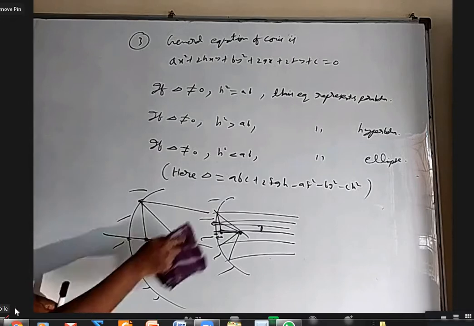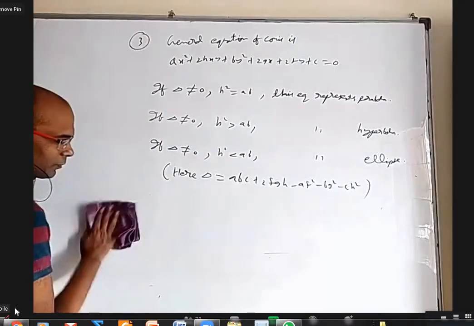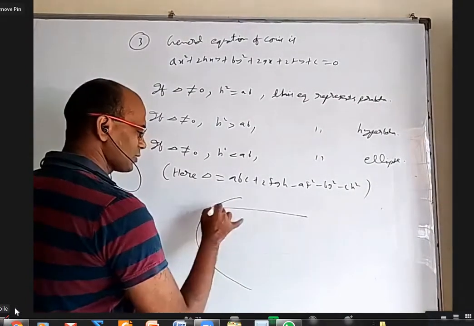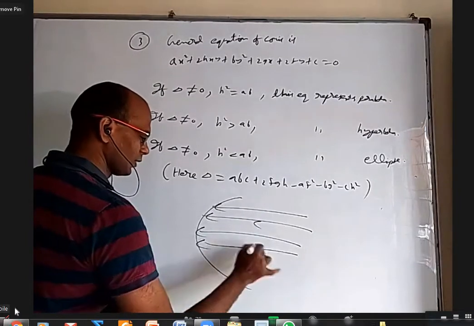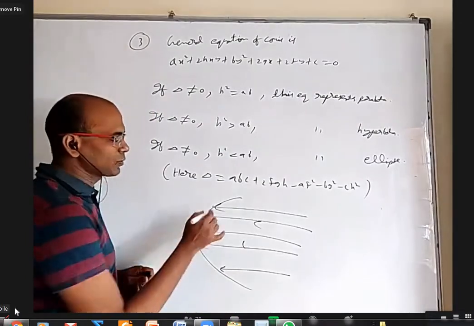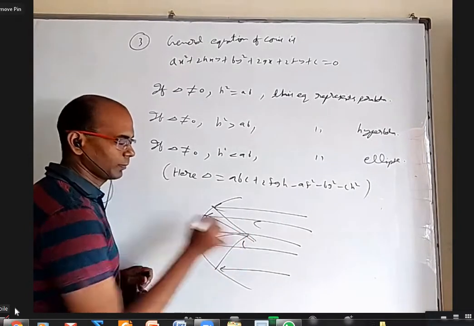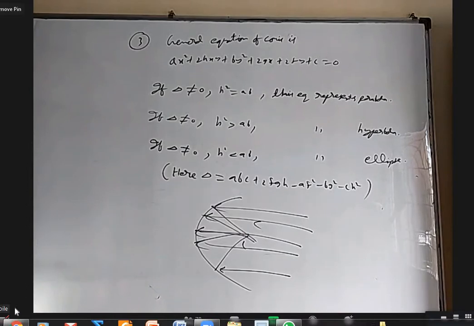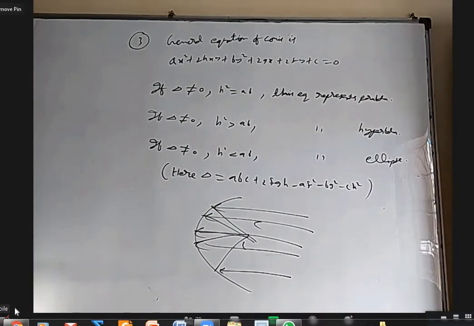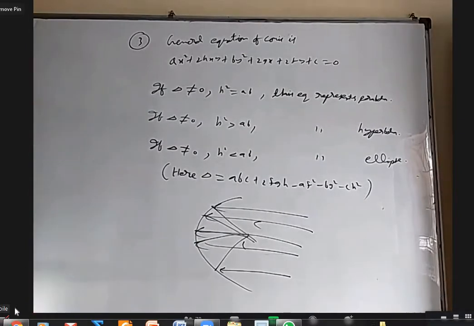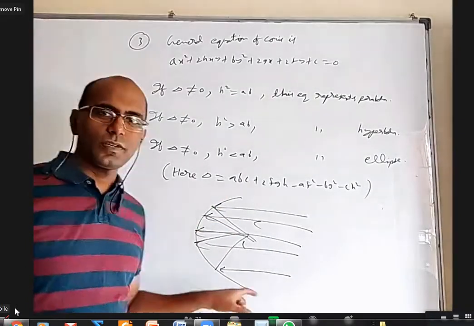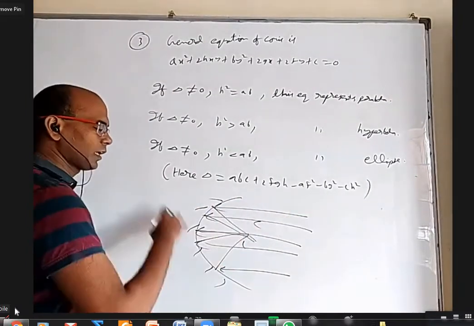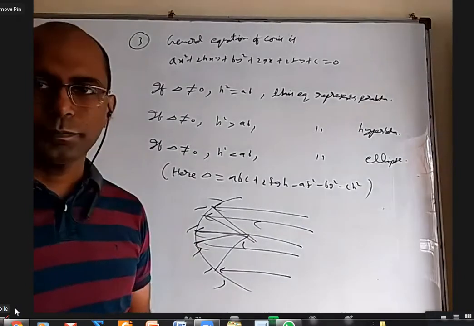So does anybody know a curve? What is that curve? When you send a parallel beam of light without any assumptions, it actually converges at one point. That is the parabola. Parabola is a curve where you don't have any issue. You make a parabola and silver it outside, send a parallel beam of light, they perfectly converge at a point.